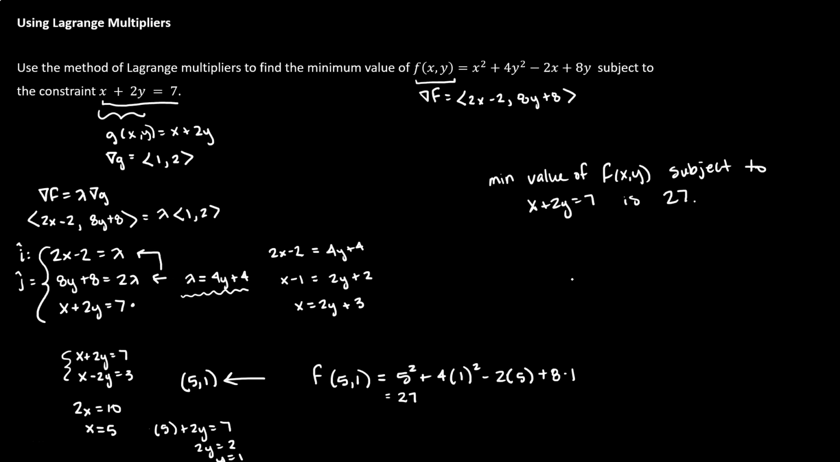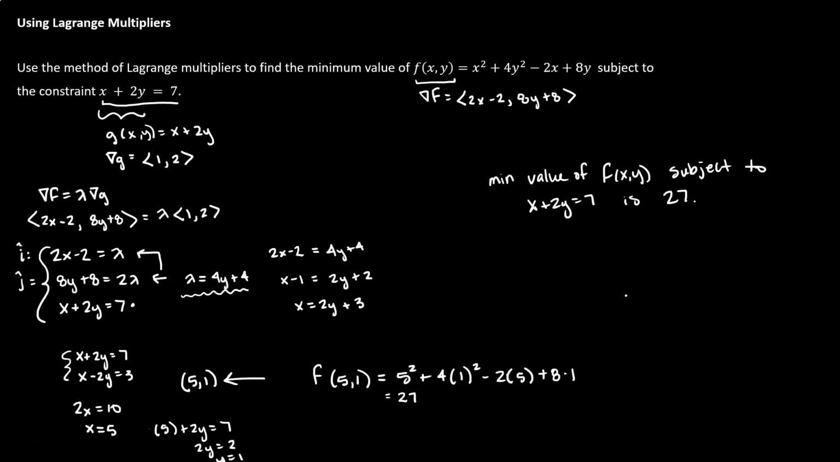Now you might wonder, how do I know this is a minimum? Nothing in this tested that point for a max or a min, like how we use the second derivative test. Well, with the method of Lagrange multipliers, since we're looking for absolute max and min, because we have this constraint,